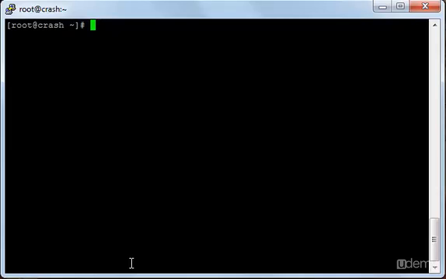To create a logical volume, you will type lvcreate -L, and then you will decide the size. For example, here I'll type 8 GB. This means that the logical volume I'm making will take 8 gigabytes from the 10 gigabytes, the total size of the volume group. And then I'll type -n,